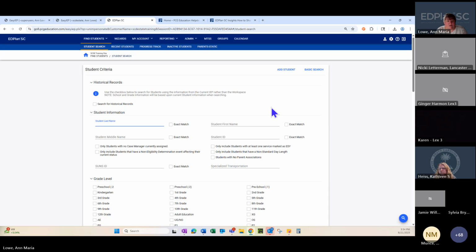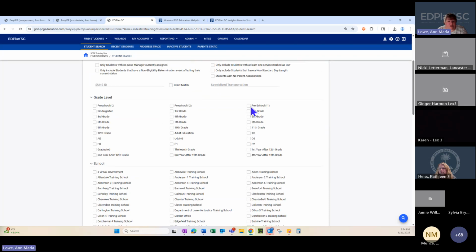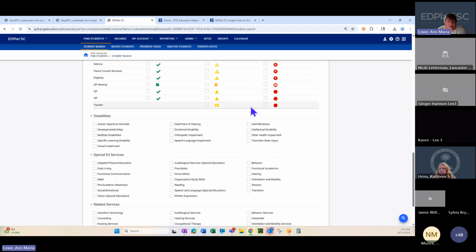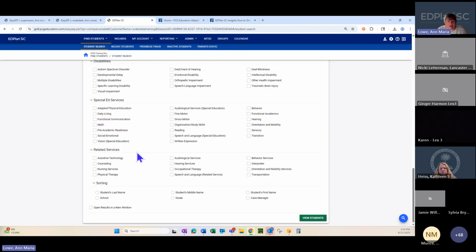I'm not sure why. Anyway, you can get so much information just from this advanced search by disabilities, special ed services, related services, and then all of those case manager searches. So a lot of times the information you're looking for, you don't have to run that report.